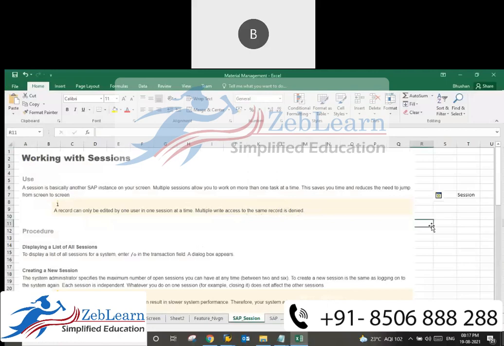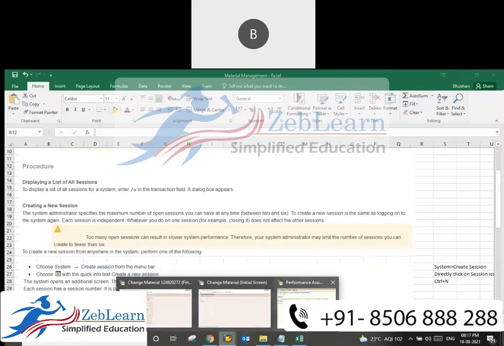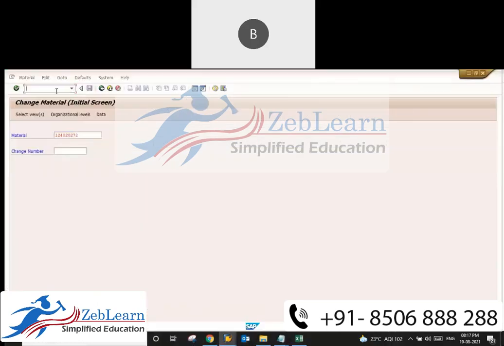Then in a transaction session, either open with this system, create session. This is also one of the methods. You can go here, to System.